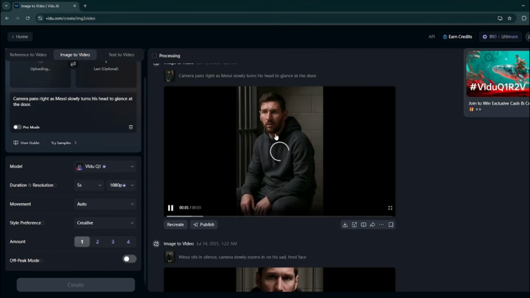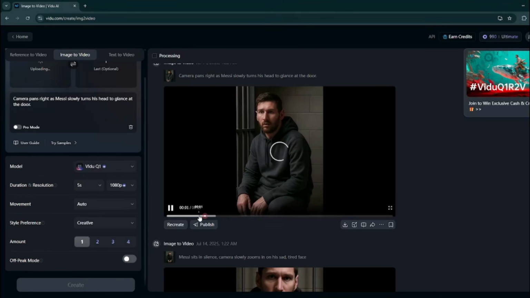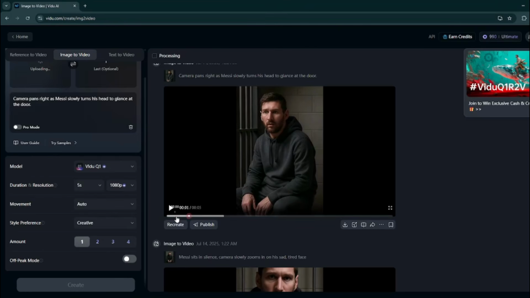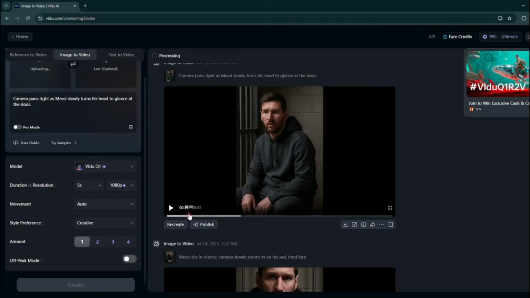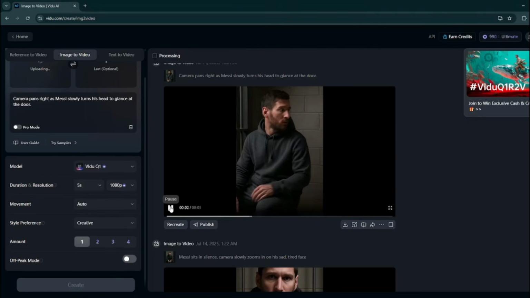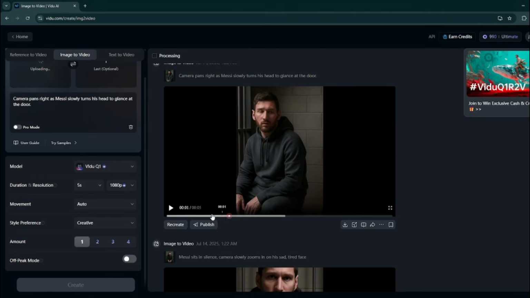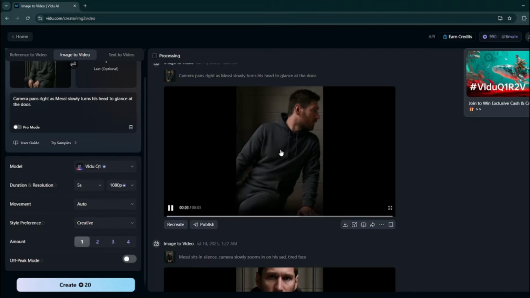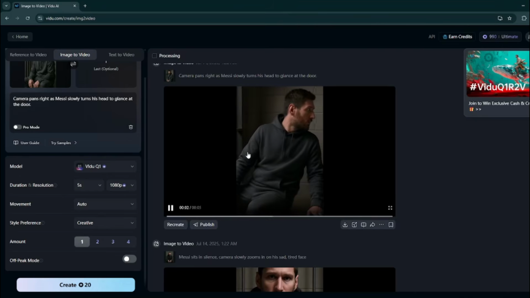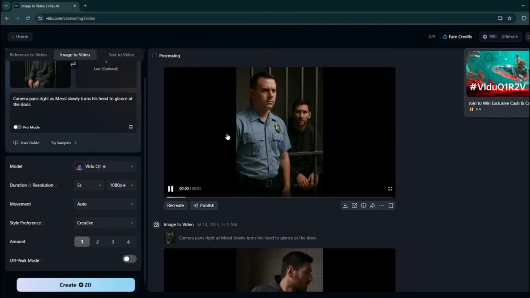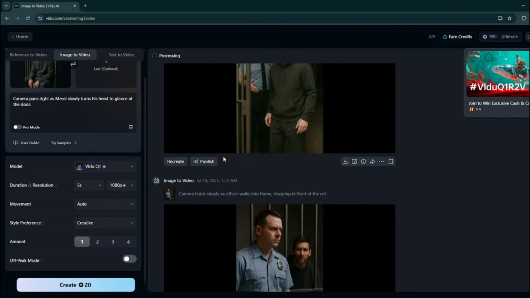All right, and for that, you guys can see it provided me with this generation. Looks absolutely perfect. Like, take a look at this one, how beautifully Messi is looking to his left. And the motion is absolutely great. No distortion, no deformation. Like the consistency in the face looks really, really good. There is no problem in the generation. And similarly, I'm going to go ahead and animate all of my videos in Video AI one by one.